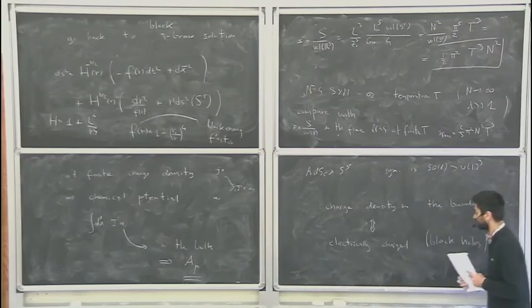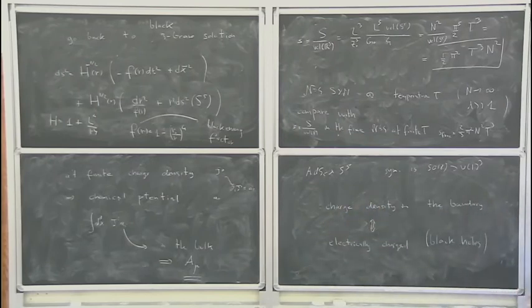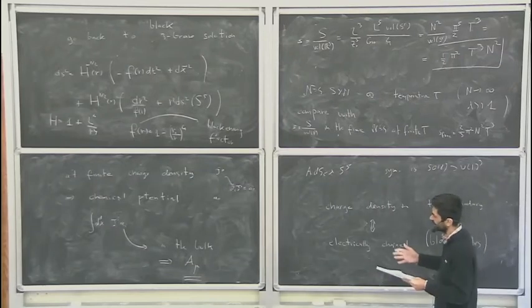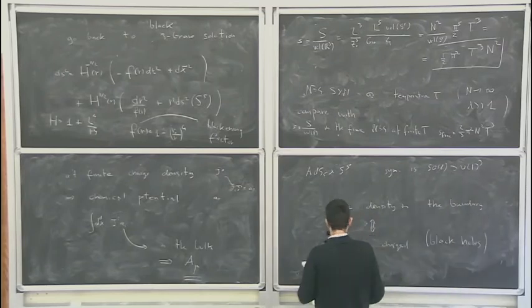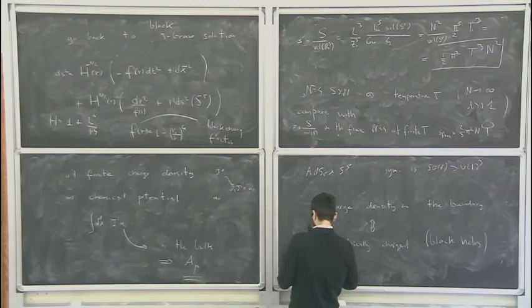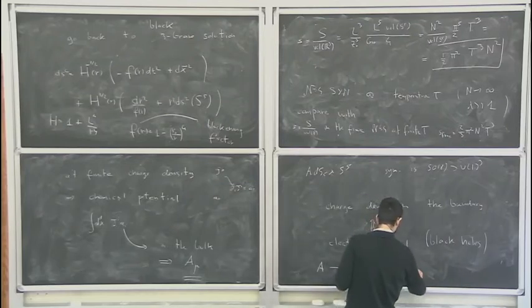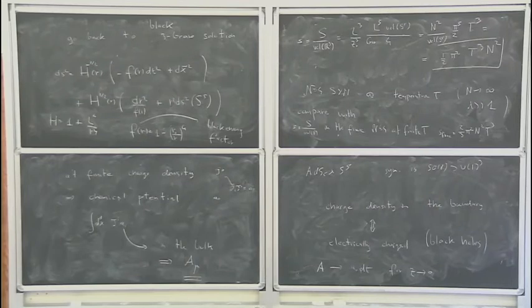Actually, more in general, I could have, in principle, finite density and zero temperature. So the two things are not really necessarily tied together, but in a generic situation, we have finite temperature and finite density. So we have a black hole which is also electrically charged. And in the formula, the gauge field A will have to reduce to some A0 dt as z goes to 0. So that's the general expectation,